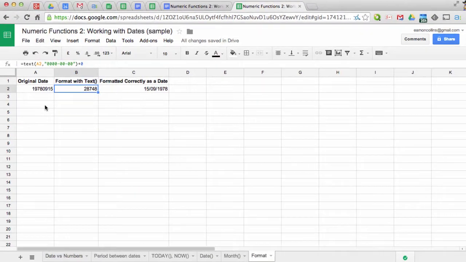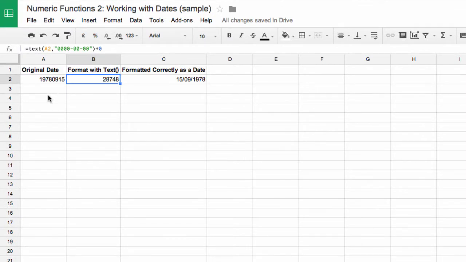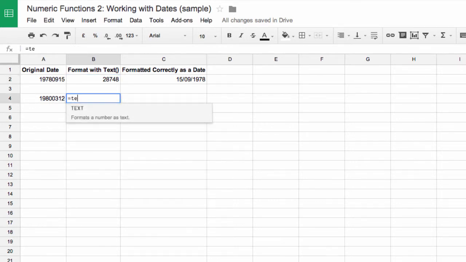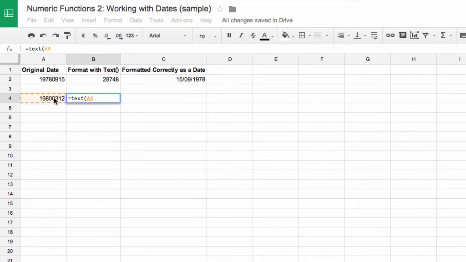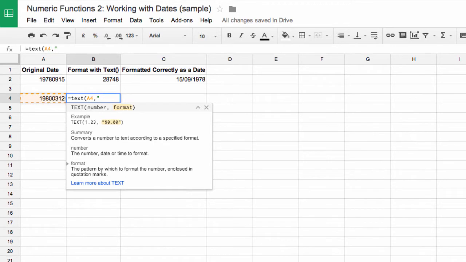Finally, one last tip. If you receive a file and you bring it into Google Sheets, but dates are formatted in an unconventional way, such as 1980 and the 3rd of the 12th, so in American format, or a very strange format, we can bring this into a format that is usable by Google Sheets. So we need to use a text function, equals text, reference the number, then comma, then open quotes, and then put the format